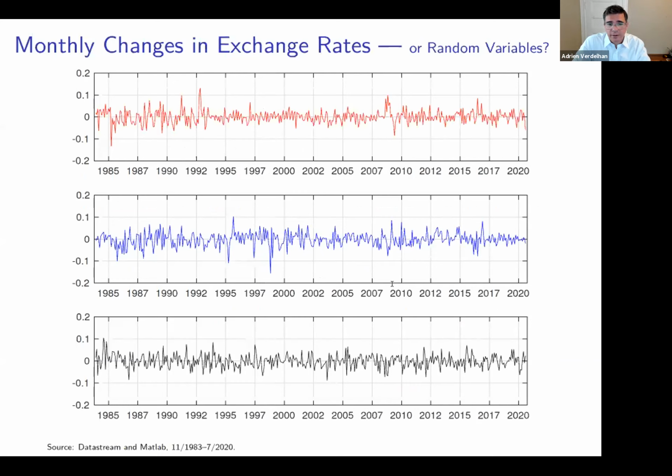So for fun here, I just picked 3 exchange rates, and the embarrassing thing, that's maybe Alzheimer, but I forgot which ones. I think one is the pound versus the dollar, maybe one is the yen, but I don't know which one. And there is one for sure, but it's just me having fun with MATLAB and drawing random numbers. And of course, I cannot tell you which one is which, and you cannot either.